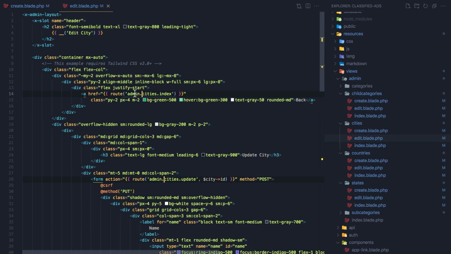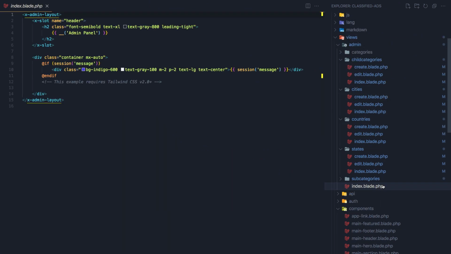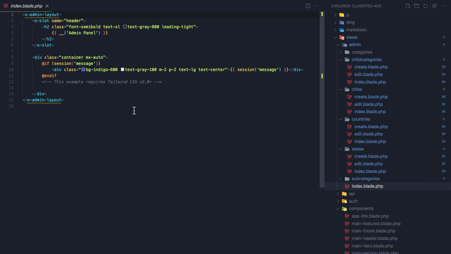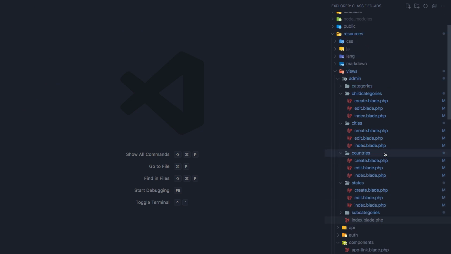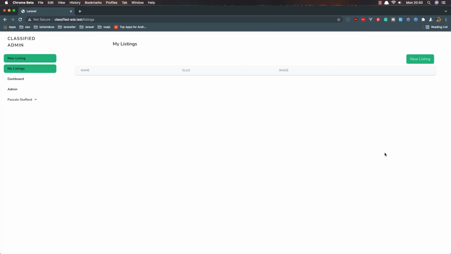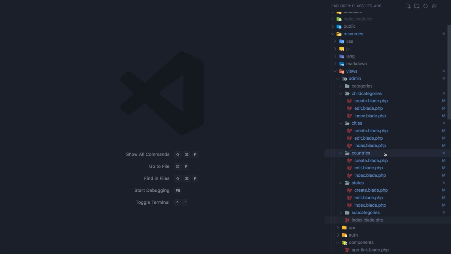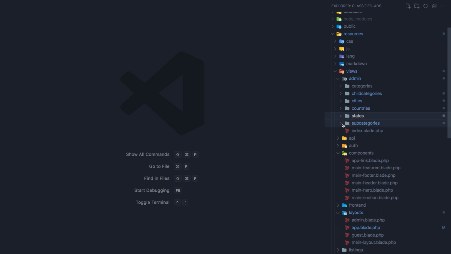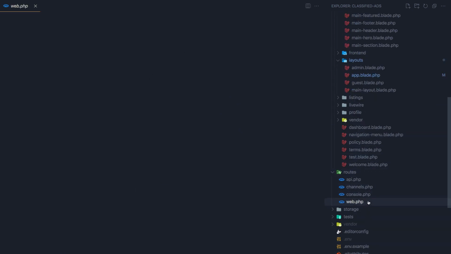So if I go in the index and my layout, admin, no, sorry, in the my listings, admin, where is the listings? And go to the web PHP